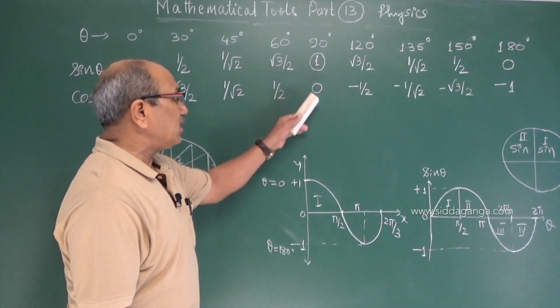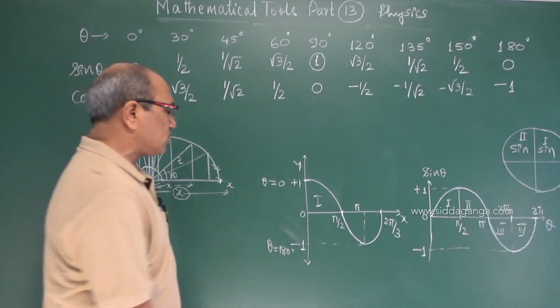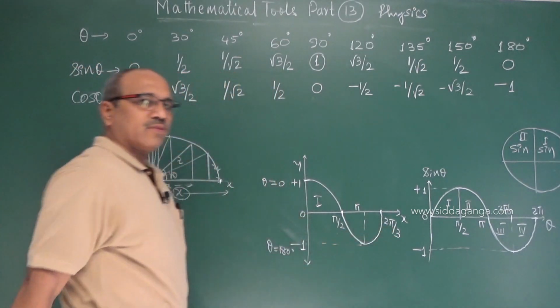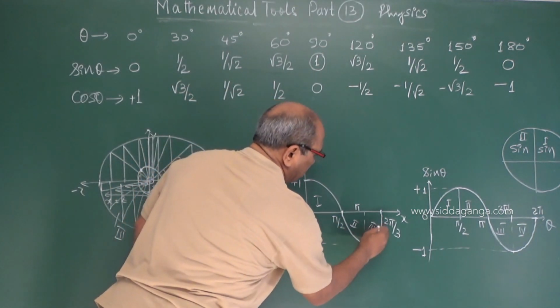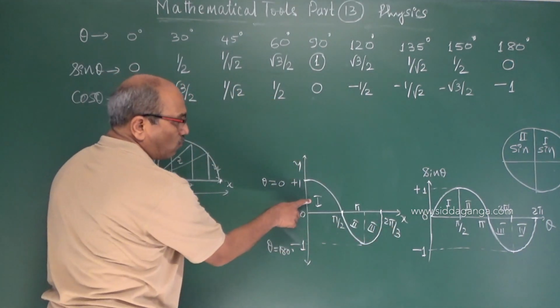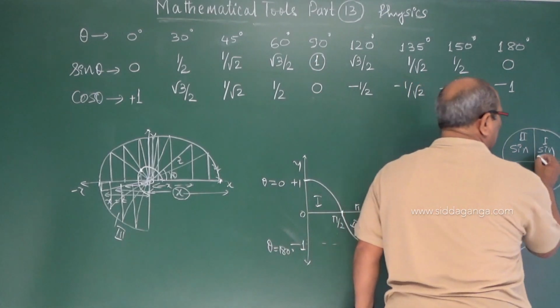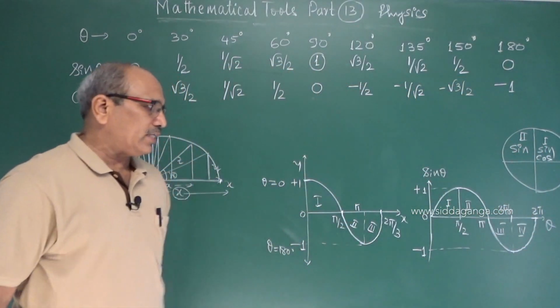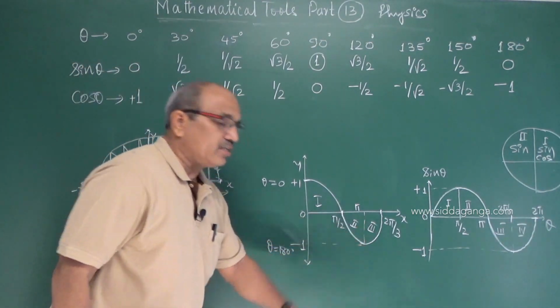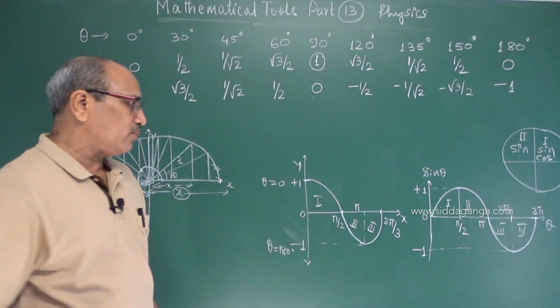270. At 90 it becomes 0, at 270 also the cos function shows 0. But negative in the second quadrant and third quadrant. You are seeing only in the first quadrant cos is positive. I am writing only positive terms, negative I have not written. In the second and third quadrants the cos function is negative.